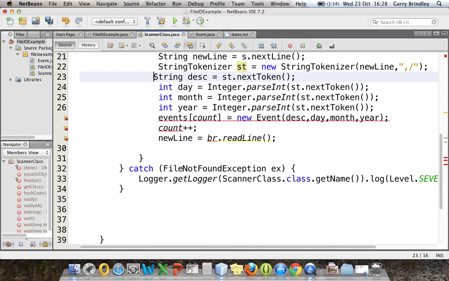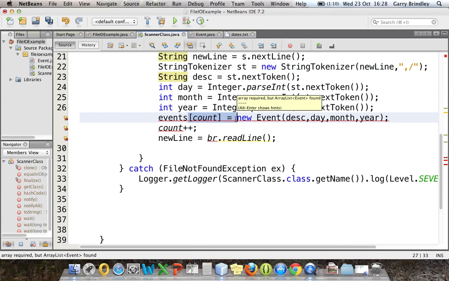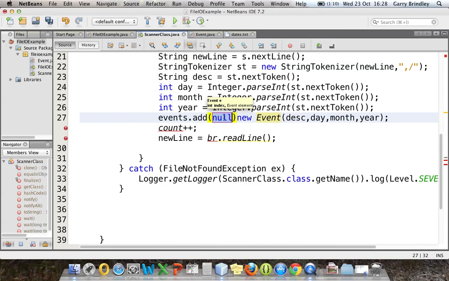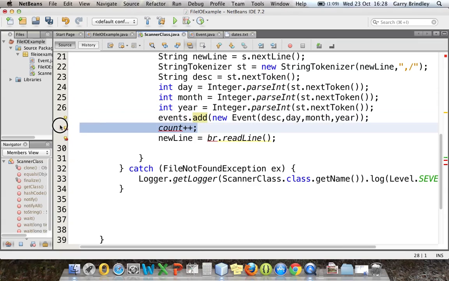Okay, so the next thing is I read in the description, which is the next token of the string tokenizer. Then I can read in the day, the month, and the year. Now the thing that's different is before events was an array, and now events is an array list. So instead of events count is assigned as, I'm going to have events dot, and there should be an add method. There we go. So if I say add, and I'm going to add the new event with the correct thing set up. I don't need to worry about the count,